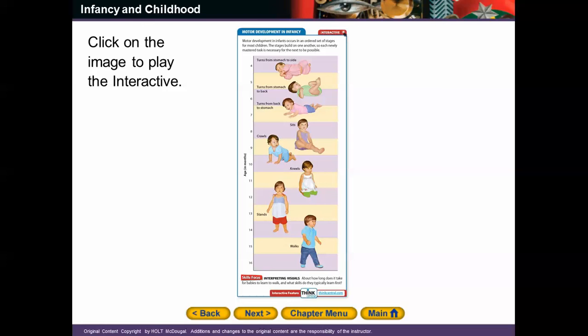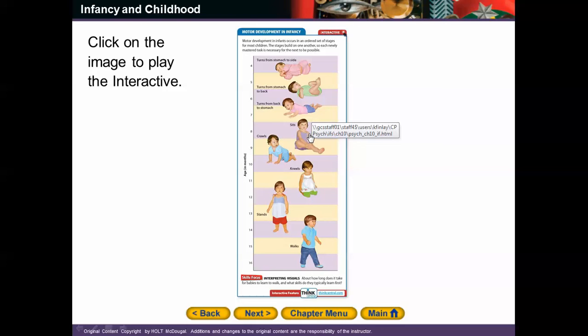They develop very quickly, and we can't say exactly when these stages will start, but we know once they start, they follow a certain pattern, okay? Meaning that we can't say definitely that by 4 months your baby is going to be rolling over. However, once they do start rolling over, whether it's at 3 months or 6 months, they're going to follow a certain pattern of development. So they're going to roll from stomach to side, and then from stomach to back, and then from back to stomach, and that's the hardest one.